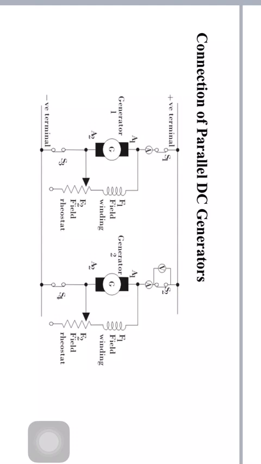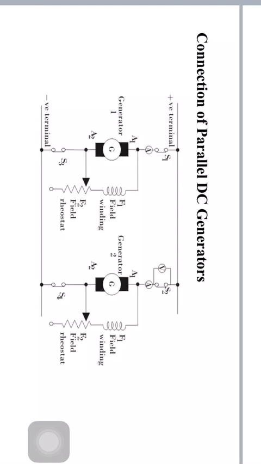How will we know that the current supplied by generator 1 is 0? That is indicated by the ammeter A connected in the generator 1 circuit. Now open the main switch S1. So this is how generator 2 is connected in parallel with generator 1, and how to shift the load from generator 1 to generator 2. This is the parallel operation of DC generators.